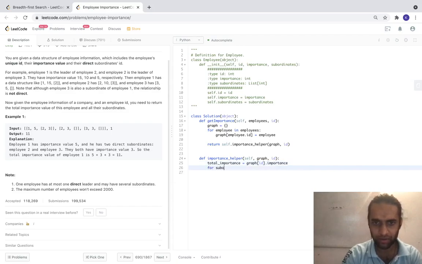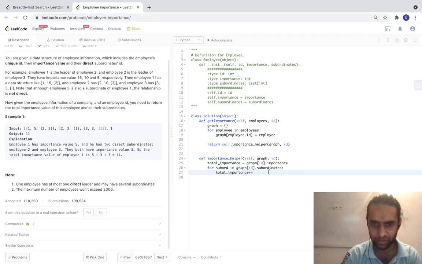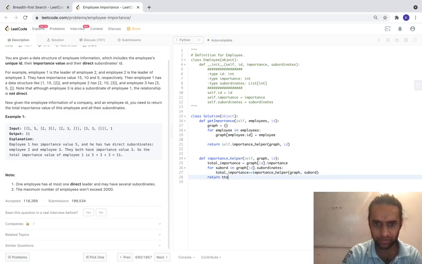Now for all the subordinates in graph of id dot subordinates, for each subordinate I add the importance which I get by calling it recursively. So this is some sort of going recursively inside the tree. We can think of it as DFS actually, because we are going down one path first. So this is my subordinate, and we'll return the total importance.